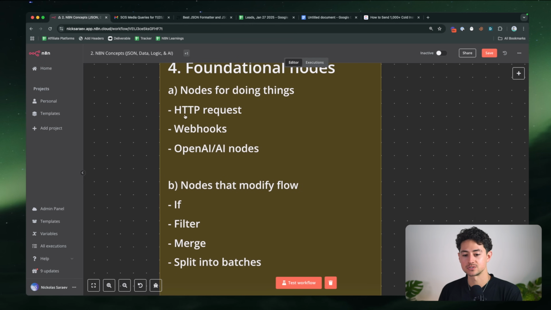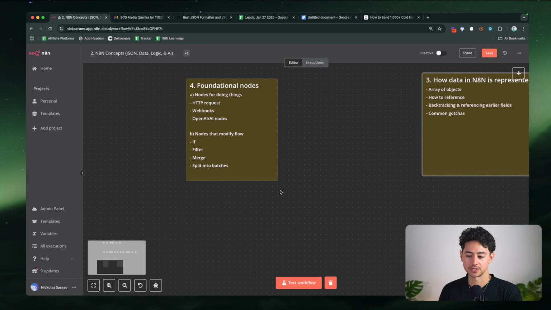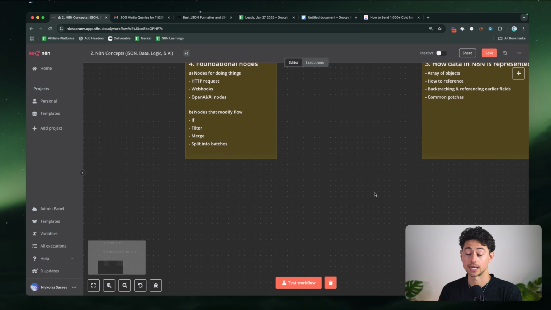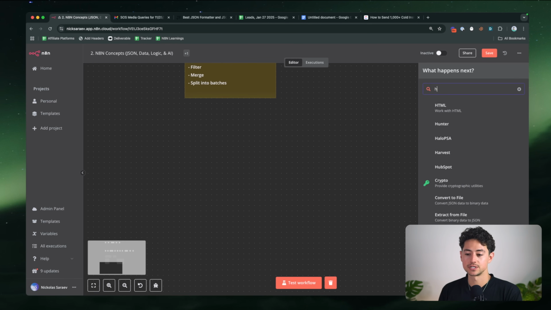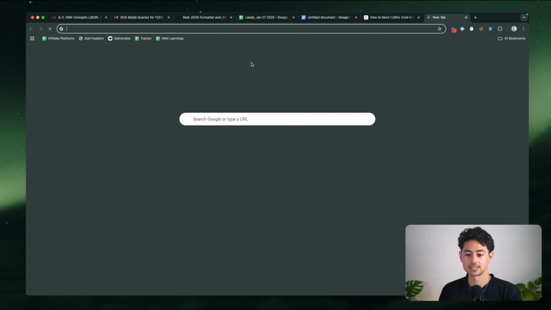First, we're going to cover nodes for doing things: HTTP requests, webhooks, and OpenAI nodes. And we'll cover nodes that modify flows: if, filter, merge, split into batches. There are a couple of other ones, but these are the ones we're going to focus on, at least for today. So, in terms of nodes that do things, if you aren't familiar with HTTP requests, this stands for hypertext